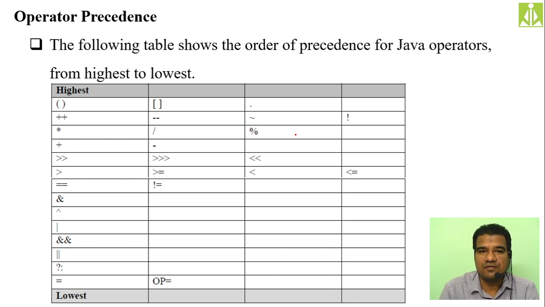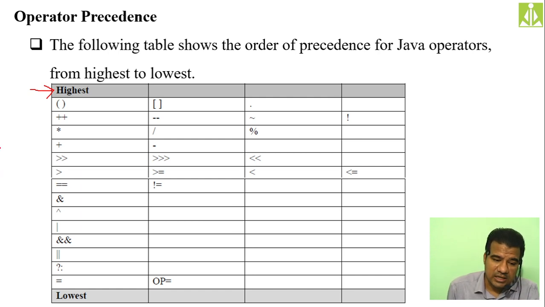So in such type of confusions, we have to refer to this operator precedence table. Always, the operators will be applied from top to bottom. Here at the top we have the highest precedence level. If any of these operators is coming inside your expression, then you have to evaluate them according to their order in this table, from top to bottom and from left to right. Remember this one.